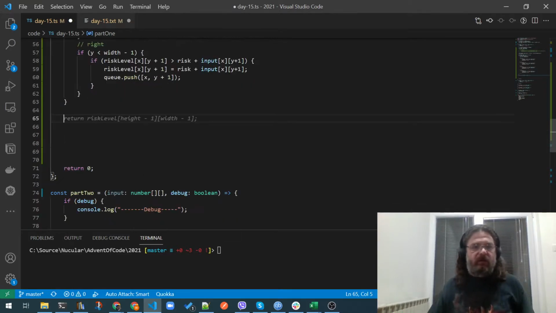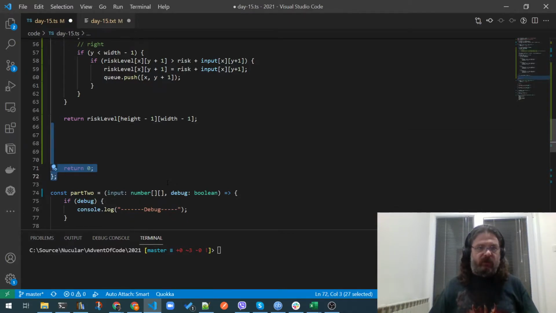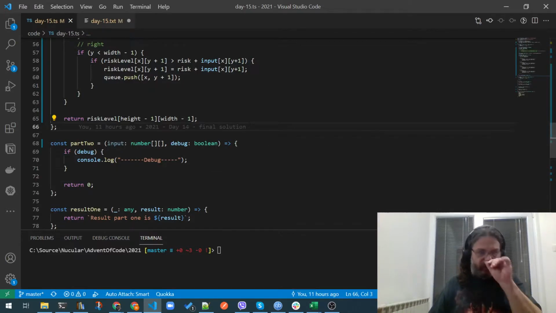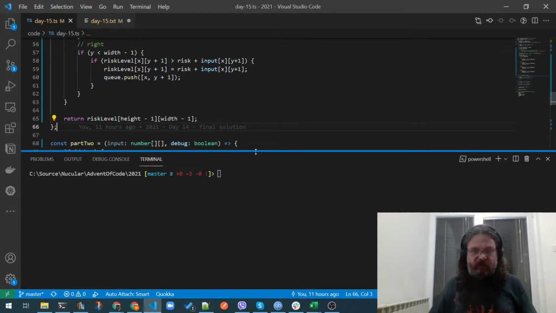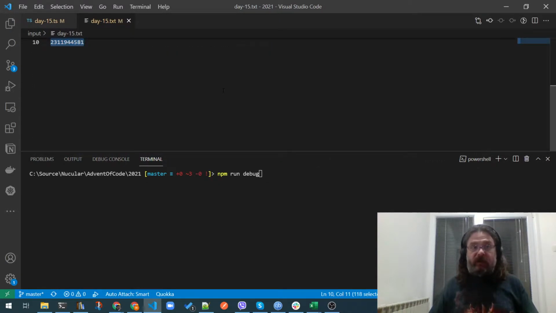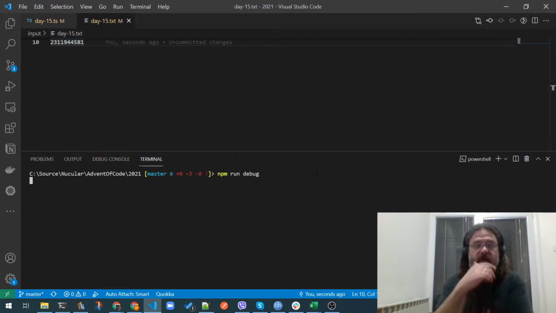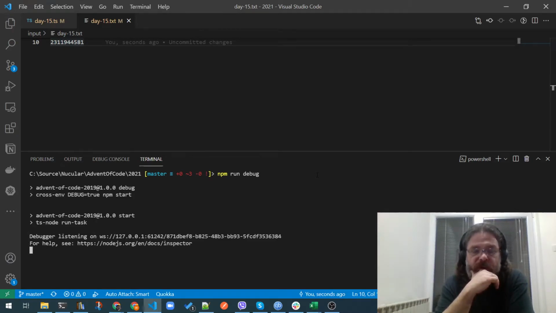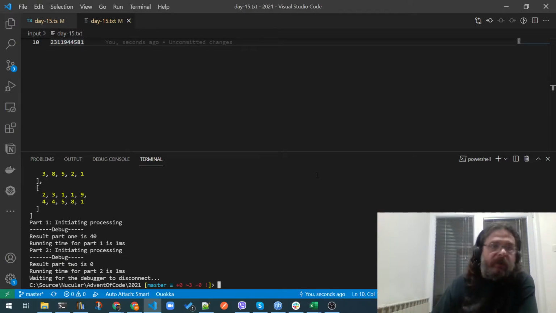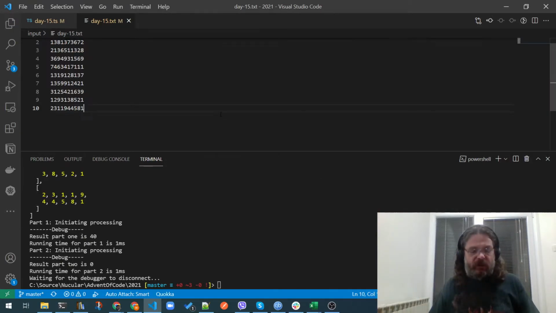And then we just need to return this. So we're just gonna process all the risk levels, whether we need them or not, and then just display them. For a 10 by 10 grid, this should be relatively simple. And we might get, yeah, 40. Let's see how long it takes,